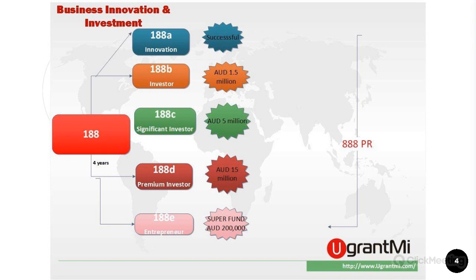The second type of visa is 188B. This is called investor visa. So the requirement is that they must invest 1.5 million Australian into the state fund. What do we mean by state fund? For example, if Queensland nominate the clients under state nomination 188 investor visa, the client has to lend this amount of money to the state. Okay, 1.5